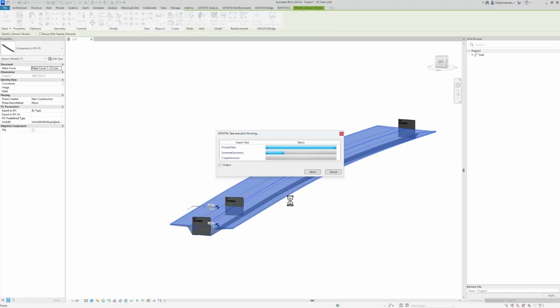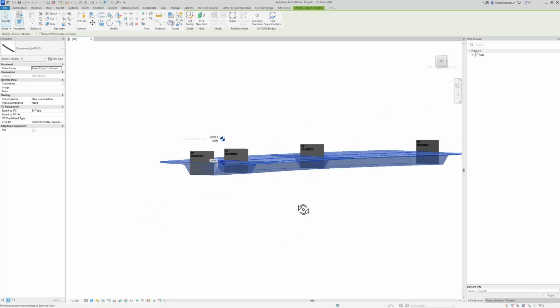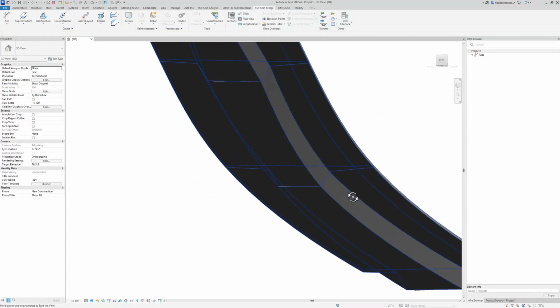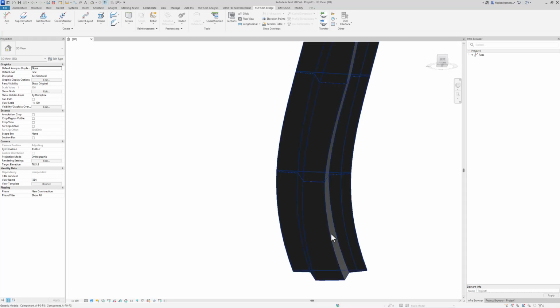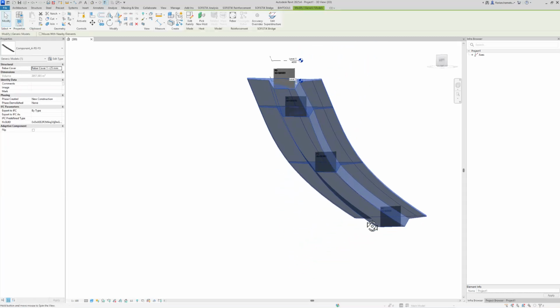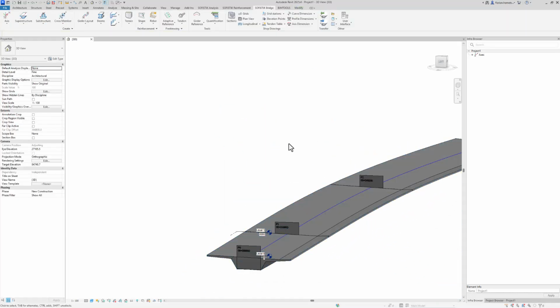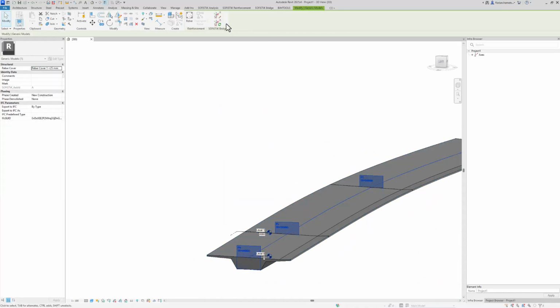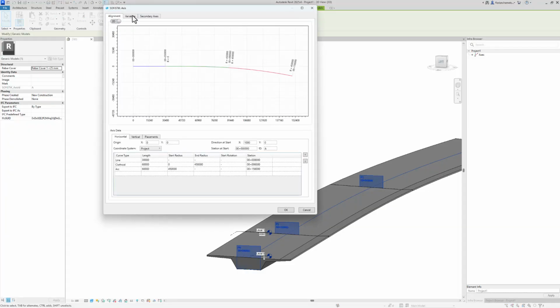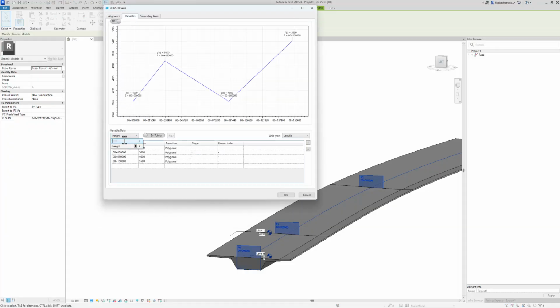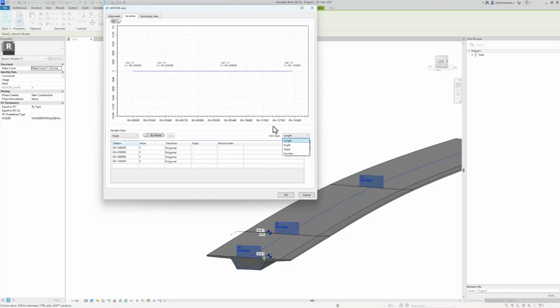4 meters might be a little much for the height here. And we can see down here that the assigned parametrization is added instantly to the width. The intersections are automatically found. And next up, I want to assign a slope parameter. Go to variables and call it slope, which is now not a unit type length, but a slope. And I want to go from 2 to 4 to 2 to 4.